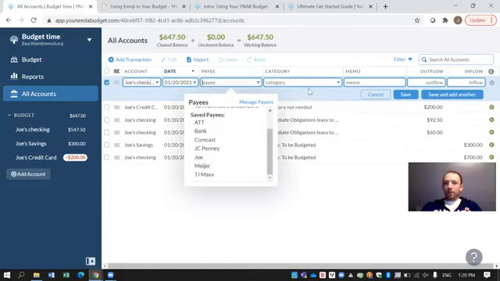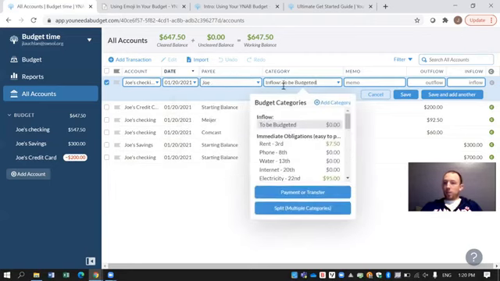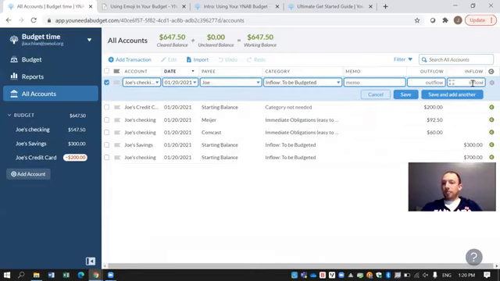Okay, I'm paying myself. And when I do that, let me show you, it will recognize that the category is for that money to go into the to be budgeted category. Then I'll put as an inflow the amount that I received. I get paid about $1,000 every 2 weeks. Then I'm going to clear that transaction and save it. At that point, I'll have an extra $1,000 show up in my to be budgeted category, and I can start to fill out my categories,